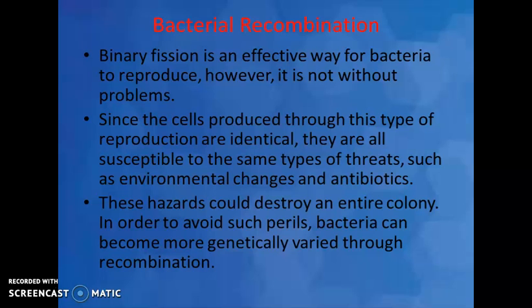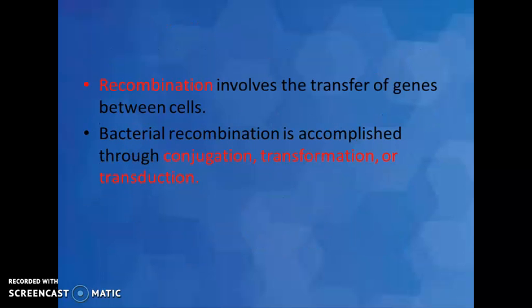These hazards could destroy the entire colony of bacteria. To avoid this, bacteria can become more genetically varied through recombination, which involves the transfer of genes between cells. Bacterial recombination is accomplished through conjugation, transformation,